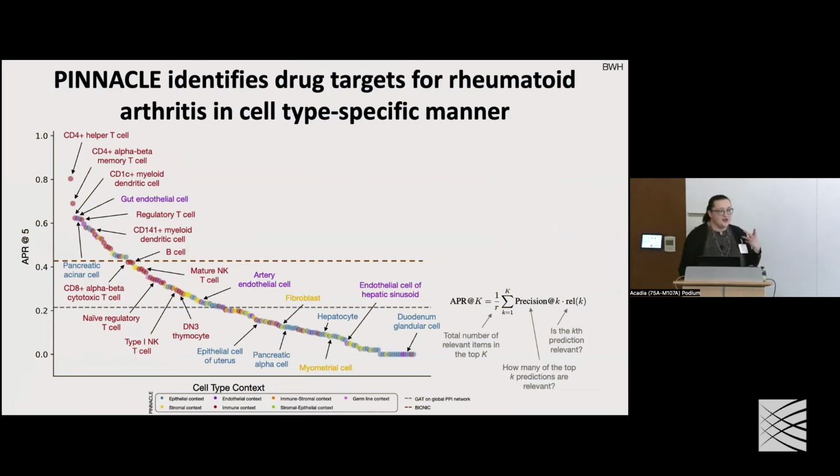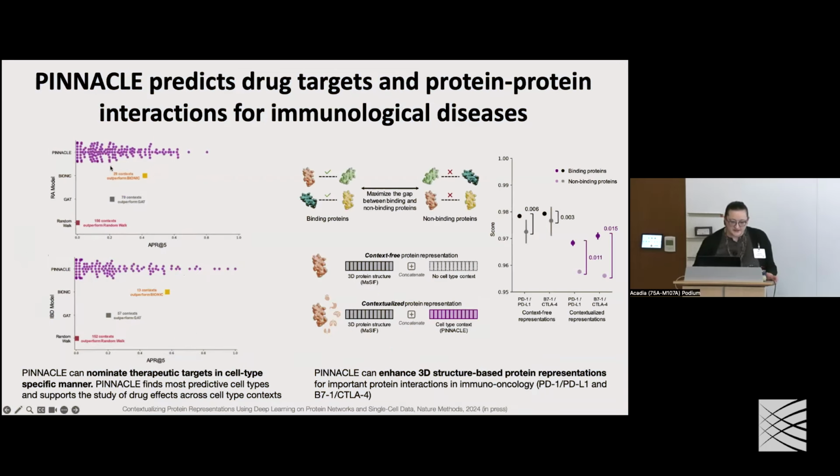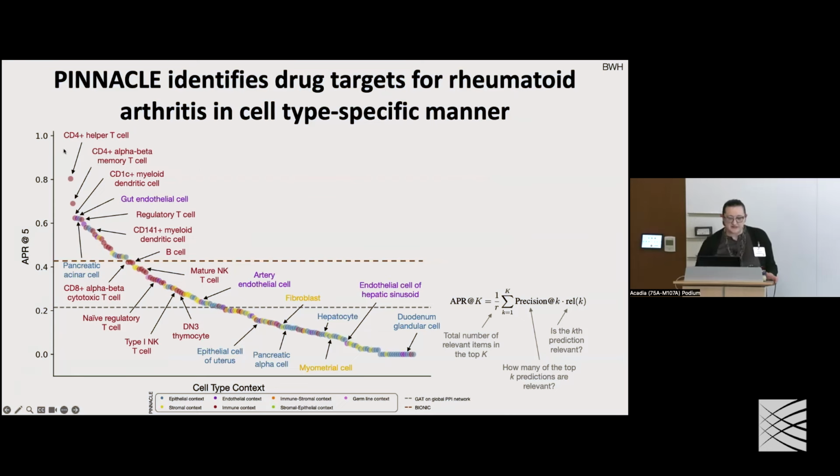That question relates to what are the most predictive or informative cell types for a specific task. And this is one of the most exciting analyses that we're interested in exploring further, because the way we can represent the results that we have seen here on the left slide is in the form of these ranked lists and ranked plots of cell types, where on the x-axis we order cell type contexts by their predictive power for a specific downstream task, in this case RA. And on the y-axis we show predictive performance of that cell type context for RA. And then that allows us to start nominating cell type contexts that are most predictive of a specific candidate target for RA